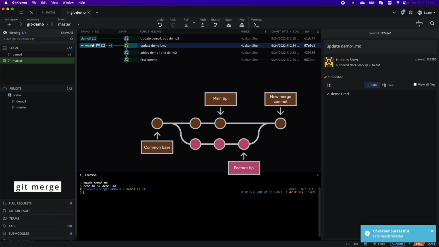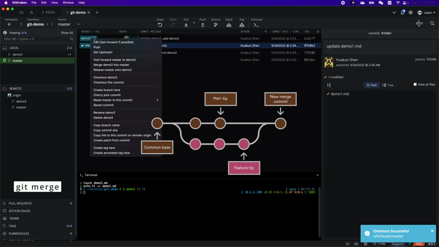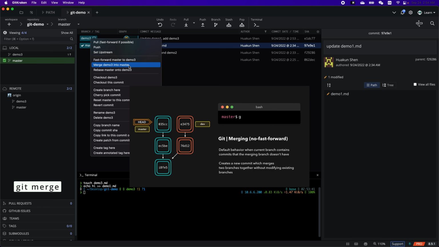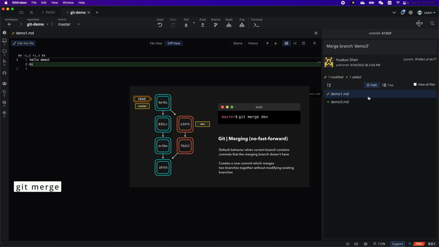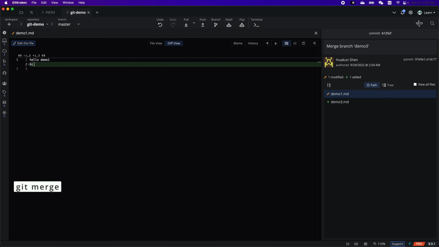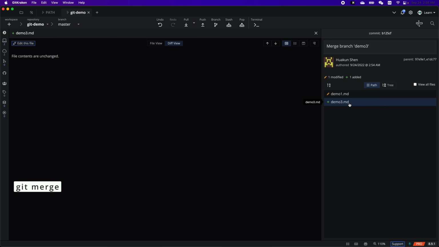Or if we're on the master branch, right click on demo3, we can see the same thing. Merge demo3 into master. It's the same. So just click, it will merge and create a new commit. Now they're merged. If we go to the merge commit and look at the changes, you can see demo1 has a hi added